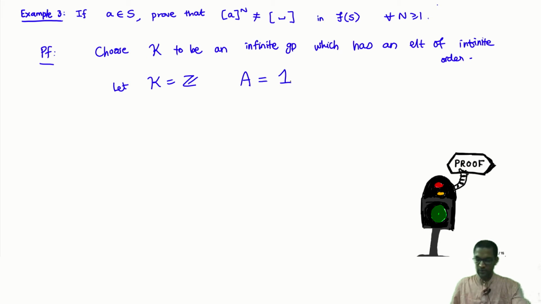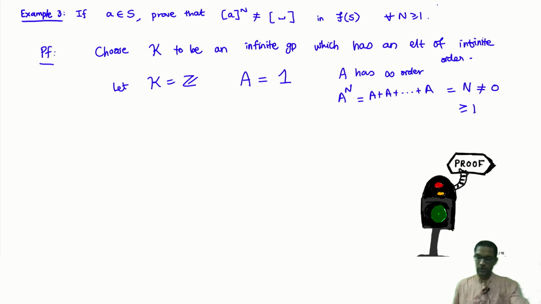So I will take A to be the number 1. Observe that this number A has infinite order, because you know what is A power n in this group? Well, A power n is just A plus n times, because the operation is just addition. By definition it's 1 plus 1 plus 1 n times, which is the number n. And the number n can never equal 0, which is the additive identity in the group Z. So the element 1 in Z has infinite order.